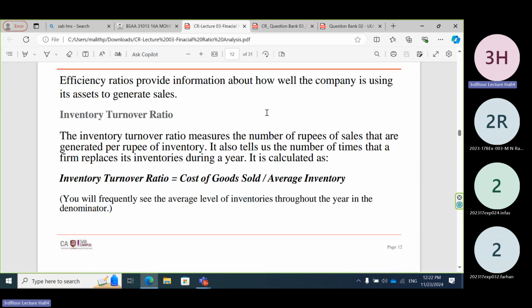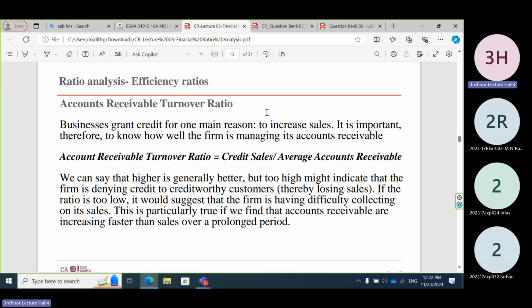Likewise, we have 3 different turnover ratios. Account receivable turnover. So the inventory turnover, then account receivable, then creditor turnover. So then what we are going to do now? We are trying to explain efficiency in the process, no? Efficiency in the process. Efficiency means as a company,